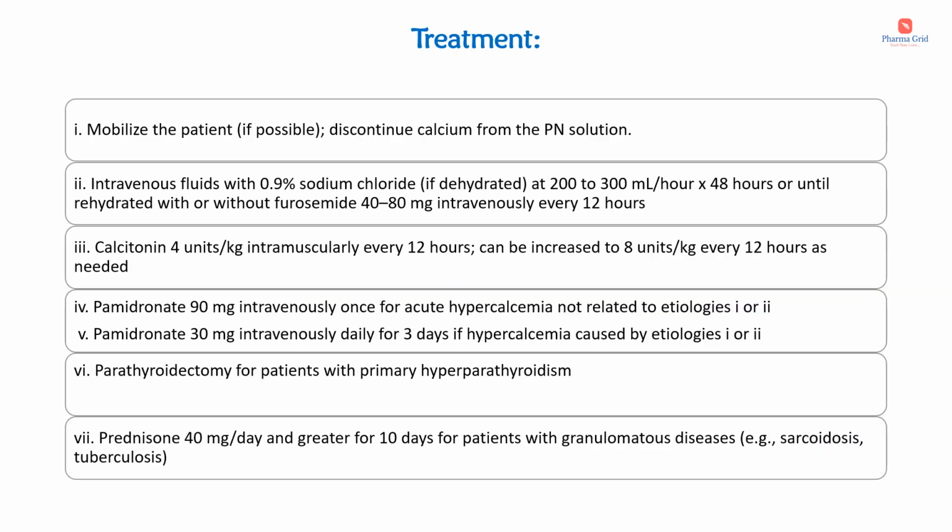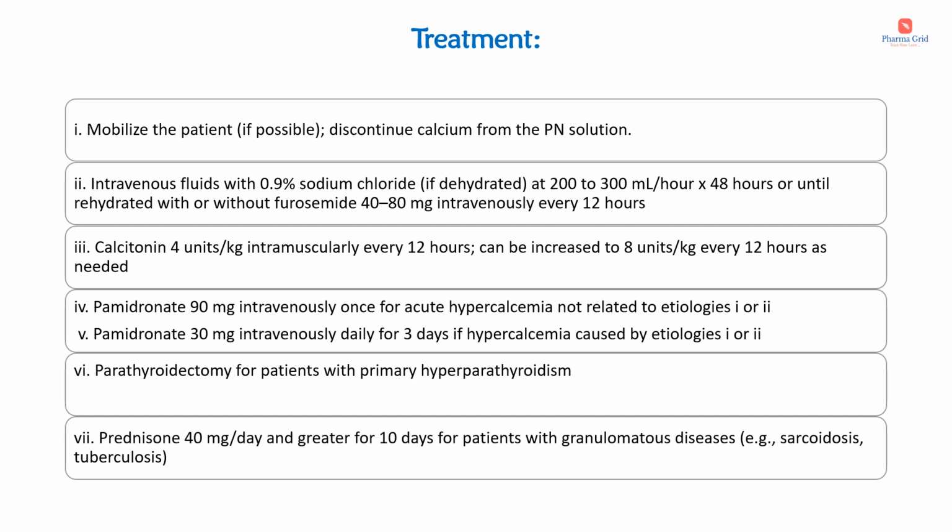Treatment options. Mobilize the patient if possible, then discontinue calcium from the parenteral nutrition solution. Intravenous fluids with 0.9% sodium chloride if dehydrated at 200 to 300 ml per hour for 48 hours or until rehydrated, with or without furosemide 40 to 80 mg intravenously every 12 hours. Then calcitonin 4 units per kilogram intramuscularly every 12 hours